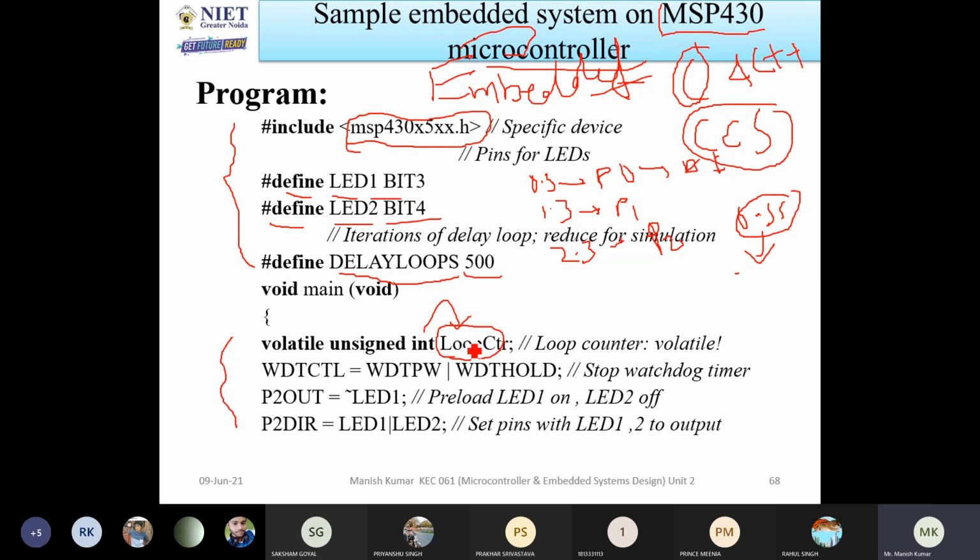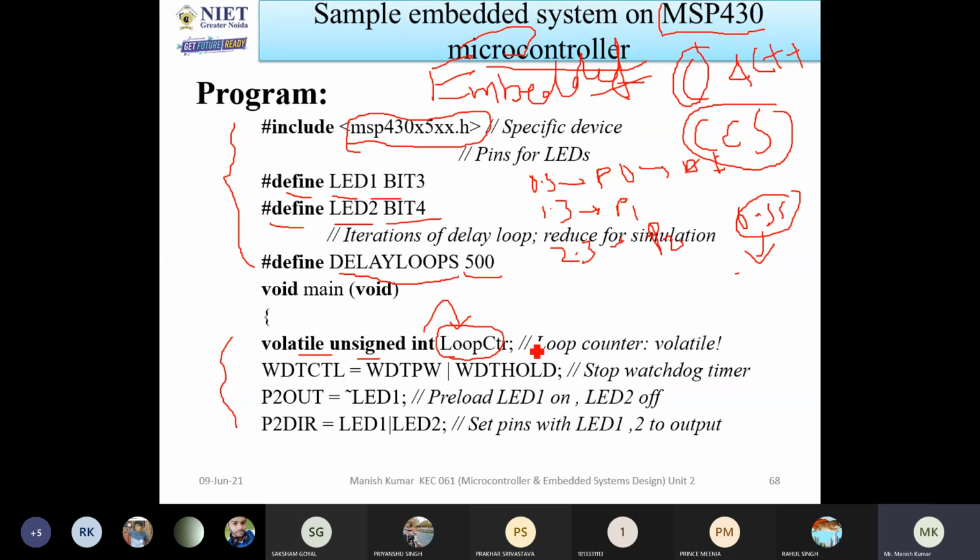For the variable, I am defining it as volatile unsigned. It means that if the system is turned off, then when we start it again, it will start from the initial state. You have to understand it like that.